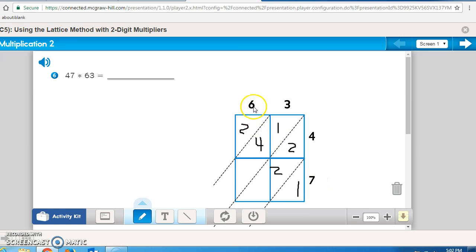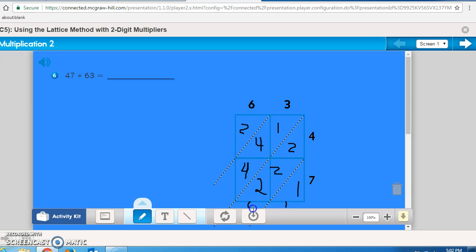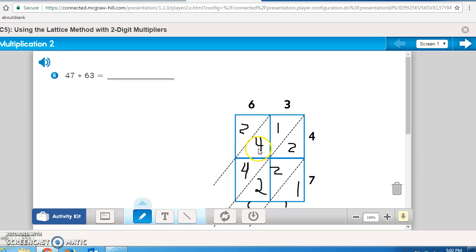And 7 times 6 is 42. I'm adding. I have 1, 2, 4, 6, 4, 8, 9, and 2. My answer for this problem again is